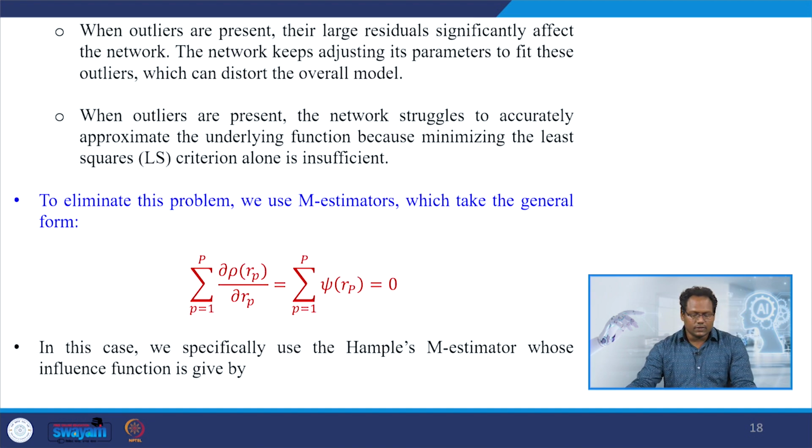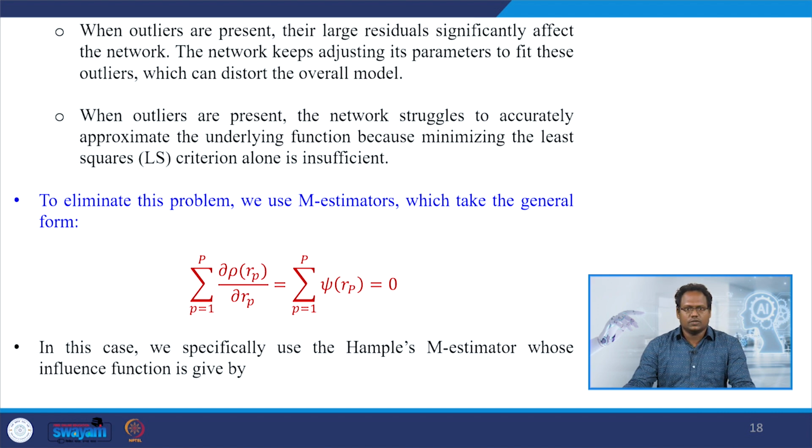But when outliers are present, their large residuals significantly affect the network performance, because the network keeps adjusting its parameters to fit these outliers, which can distort the performance of the network. When outliers are present, the network struggles to accurately approximate the underlying function, because minimizing the least squares criterion alone